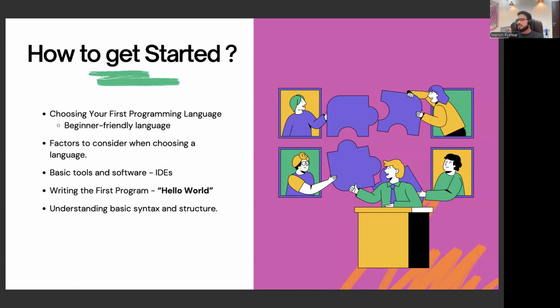अब एक बार इतना कुछ कर लिया, then the first thing you already know, you have to write your hello world program. Hello world अगर आप Python में लिखना है, you can just do a print hello world, ठीक है. JavaScript में लिखना है, you can do a console.log hello world, ठीक है. Ruby में लिखना है, you can do a puts hello world. So हर प्रोग्रामिंग लैंग्वेज का हेलो वर्ल्ड लिखने का भी एक तरीका होता है, एक सिंटैक्स स्ट्रक्चर होता है. So now the time is to learn the syntaxes of the one programming language which you have chosen.